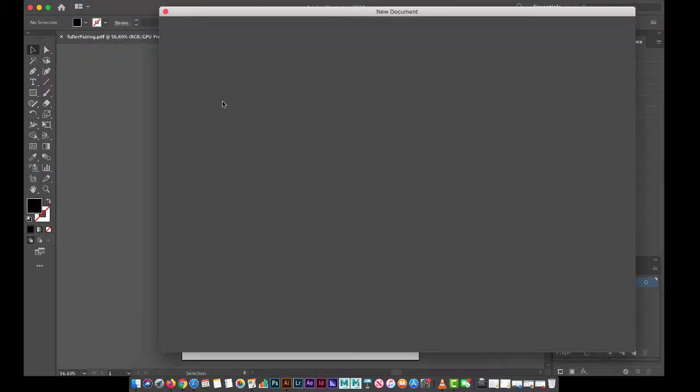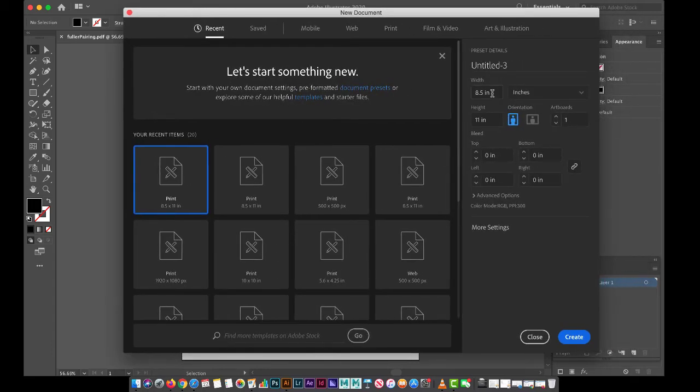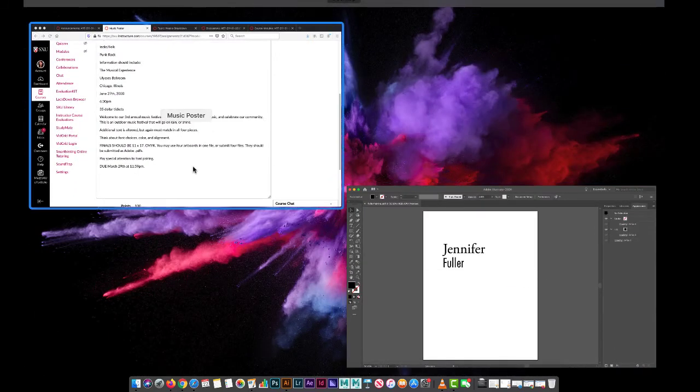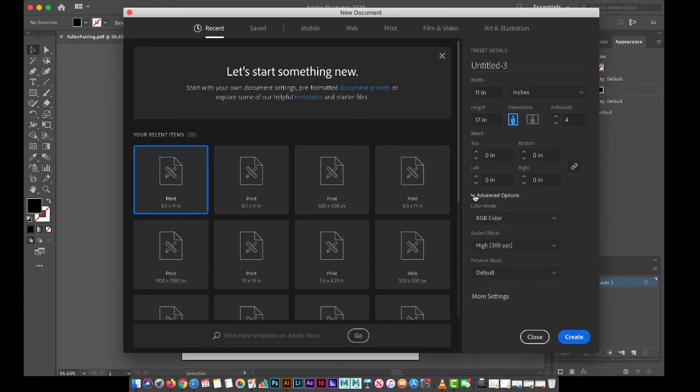So if I'm in Illustrator, I'll just go to File, New, and then we will do 11 by 17. Orientation, you can do either, but all 4 have to match. So I'm fine if you're portrait or landscape. I'm just going to do 4 artboards because that's going to be a lot easier to work in, but if you prefer to do 4 files, that's completely fine. And then I said CMYK. So I'm going to change this to CMYK. That's fine for now. And I'll hit create.